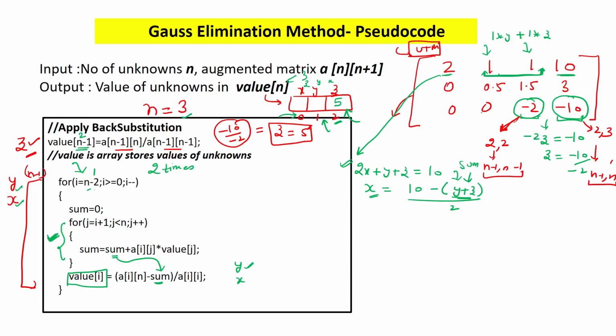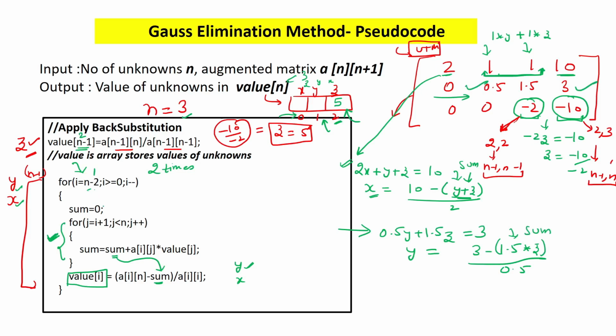So for y, we can write this given thing in the form of an equation this way, and we can find the y as 3 minus. So here this is actually the sum that we have to find. 3 and 0.5 are these things. So here if you see, for i equal to 1, we will come here and this will be 2. So 2 is less than 3, yes, and this loop will actually run only once.